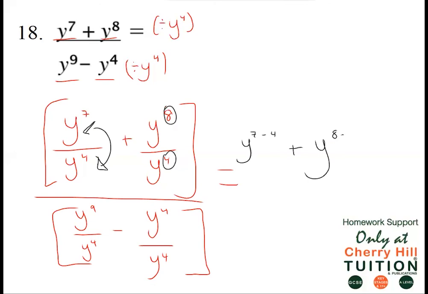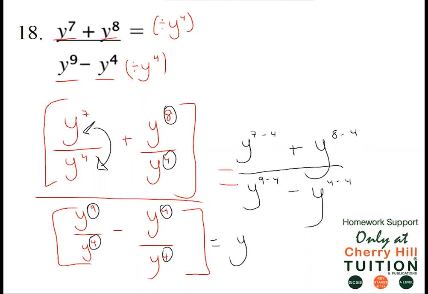Again, we are taking away, over y to the power of 9 minus 4 minus y to the power of 4 minus 4. This leaves us with, so the first term in our numerator, 7 minus 4 gives us 3, so we have y to the power of 3 plus y to the power of 8 minus 4, which is 4,